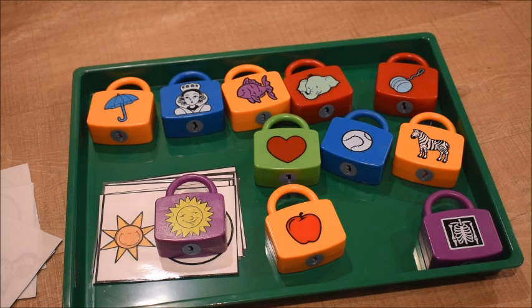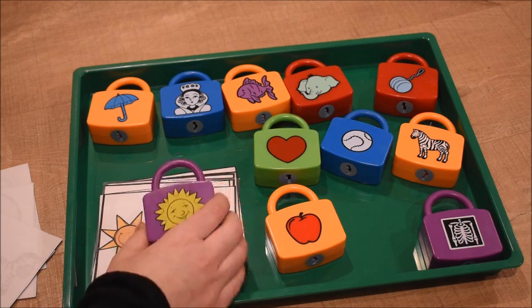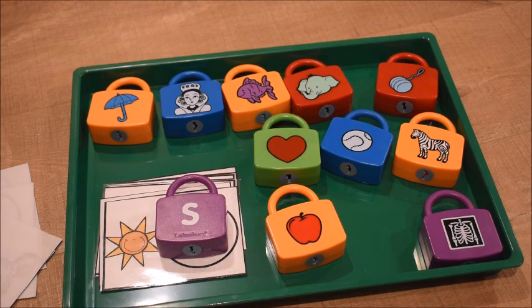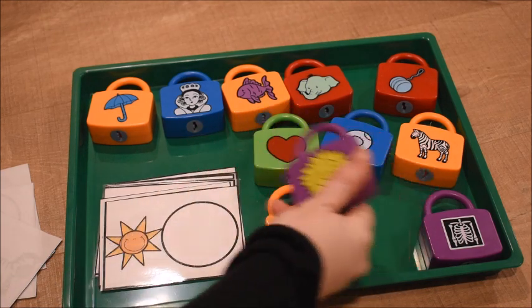He'll match up sun, sun. What does sun start with? And he might say S. Hopefully he will. And we'll flip it around and we'll practice it that way. He is getting pretty good at his letters and understanding the sounds, so he may be able to recognize them without